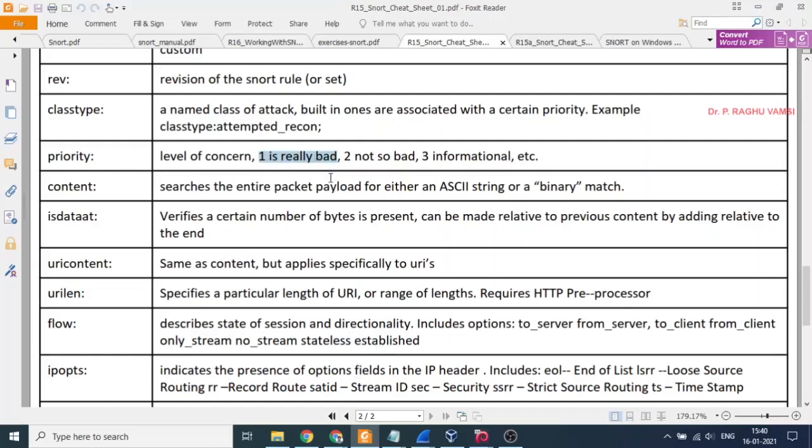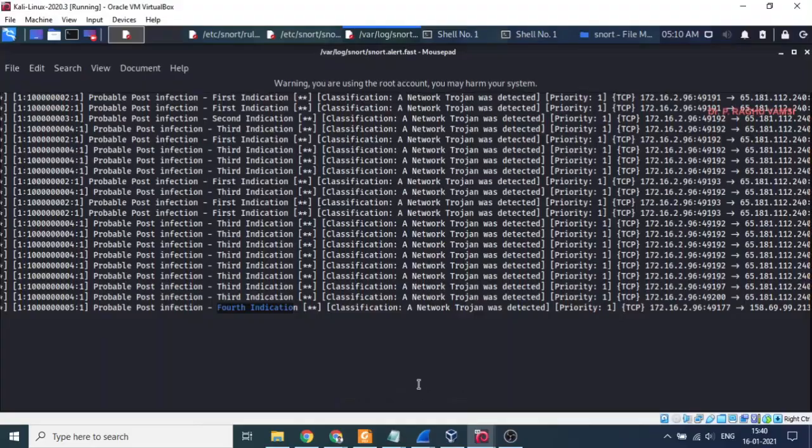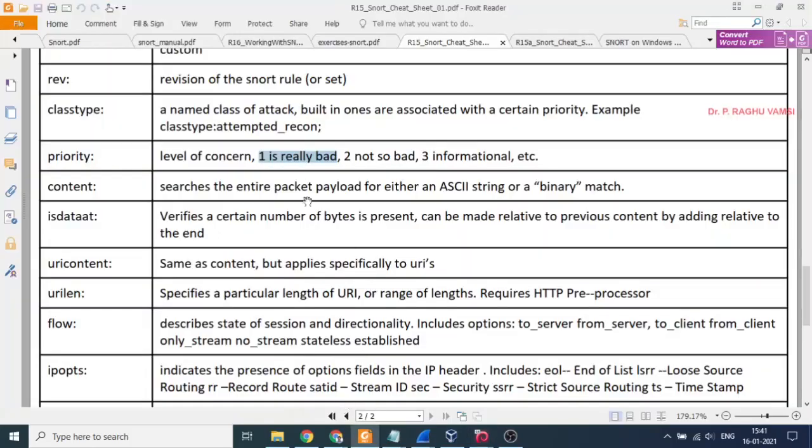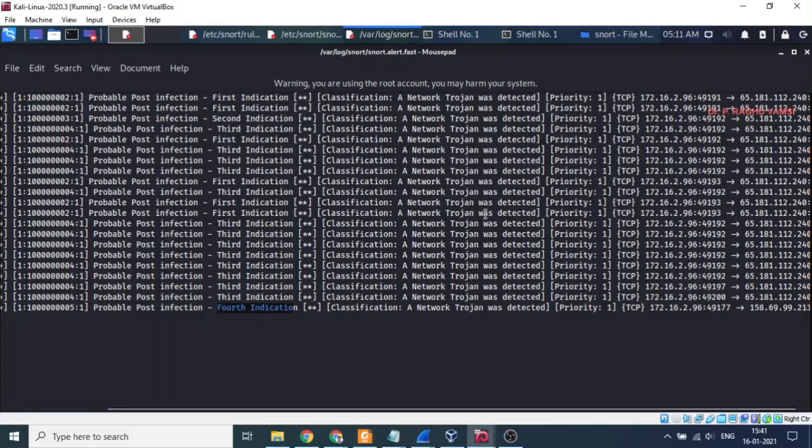How are we getting this priority? That means the rules were already there for this in the system software. Since in snort.conf we have included all those rules, it was passed through those rules, and finally it came to be known that this network Trojan is a type of priority 1, that is top priority. Immediate attention is required for this. I hope you got this by this time.